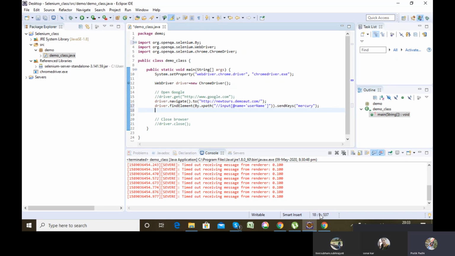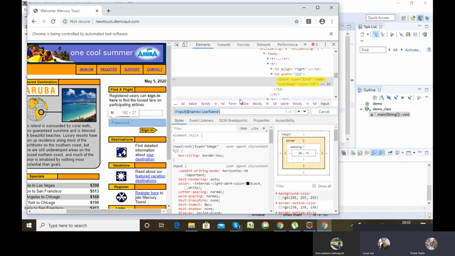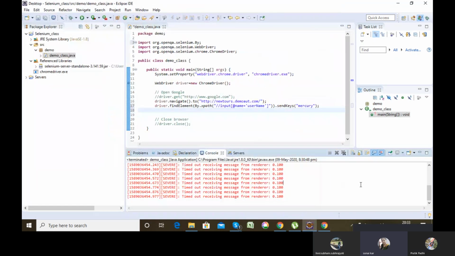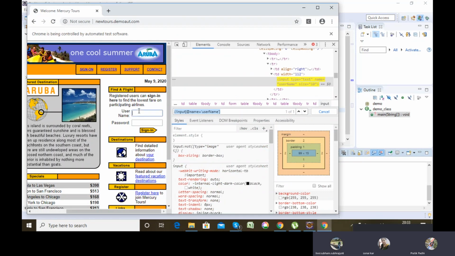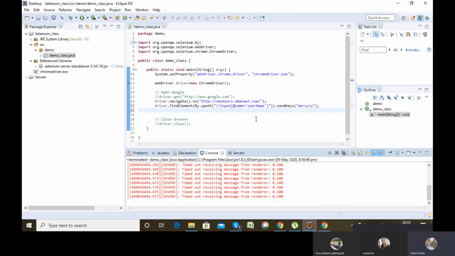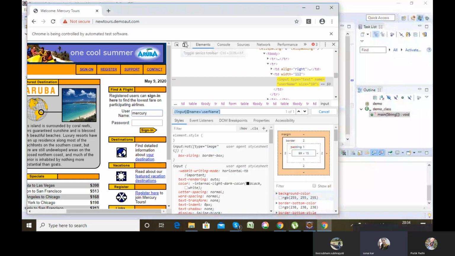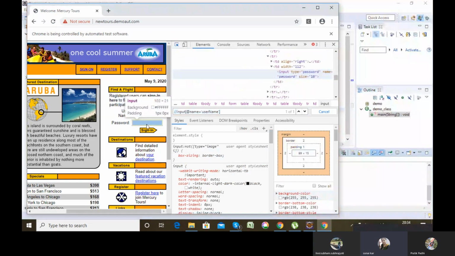Manually here I'm writing Mercury, and that operation I'll be doing in this piece of code: inserting Mercury in that web element. That's it. Got my point?